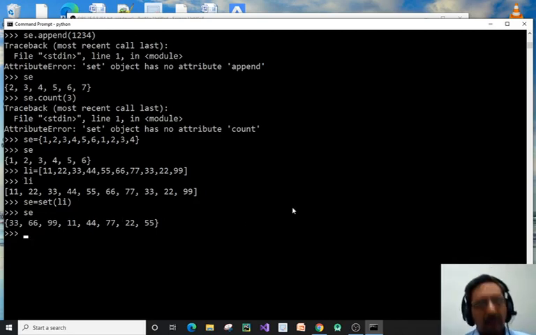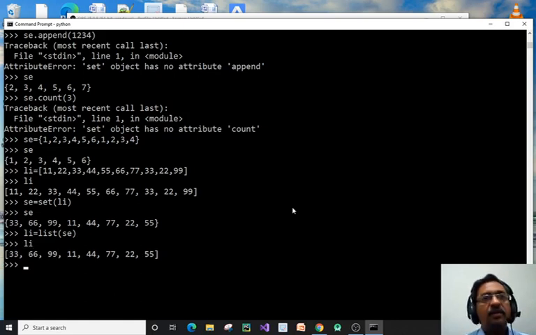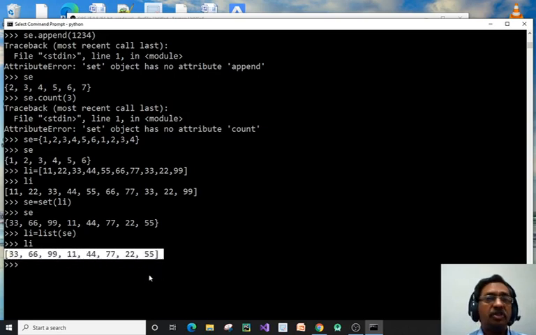Now we can use li equal to list in brackets se. Again this se gets converted into a list and it removes the duplicate elements. The only thing is the sequence might change. Sequence is not fixed within a set.